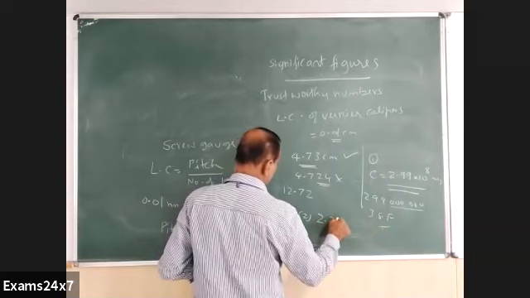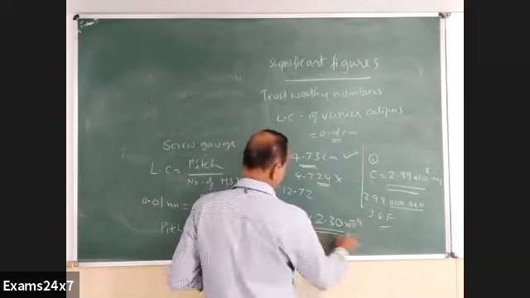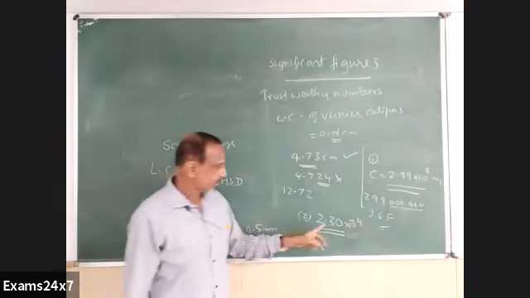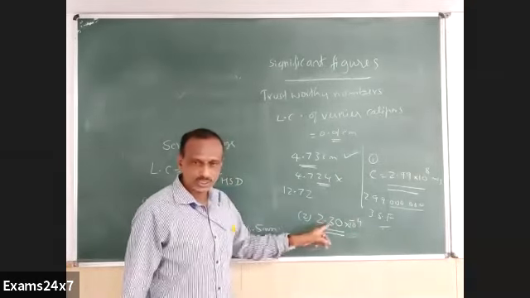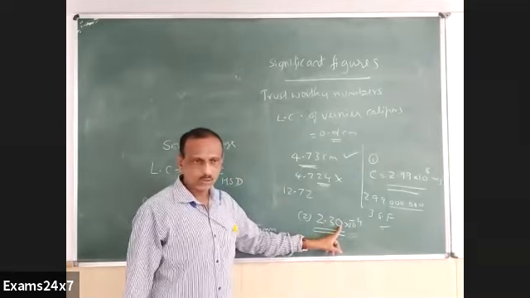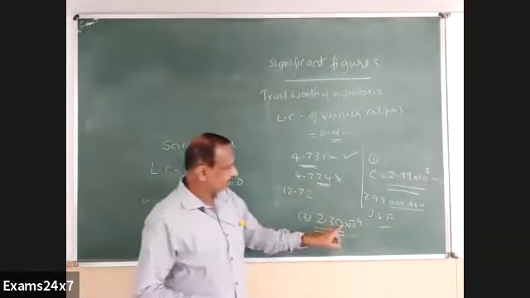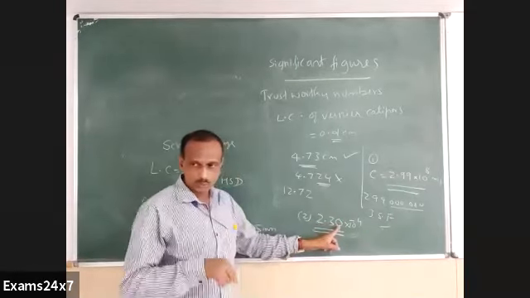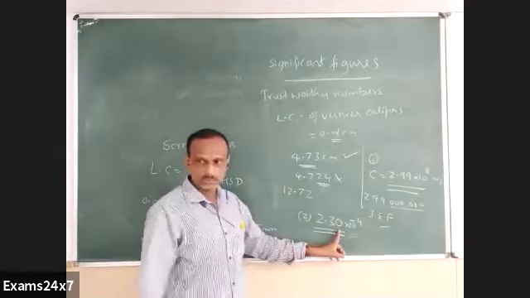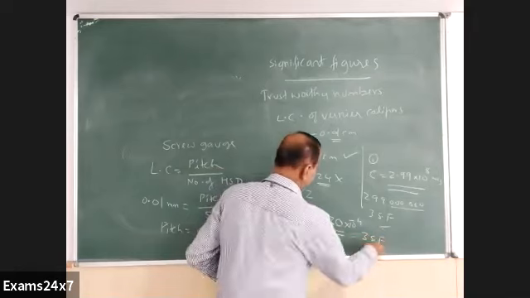2.330 into 10 power minus 4, if it's given, then also how many significant figures are there? 3. Don't think that only two non-zero digits are there, it's 2SF. But again, 0 is mentioned here. Although 0 is not having a value, when you present this way, the third digit here is known. He is sure of this number. It is exactly 0 in his measurement. So this is a 3 significant figures number.